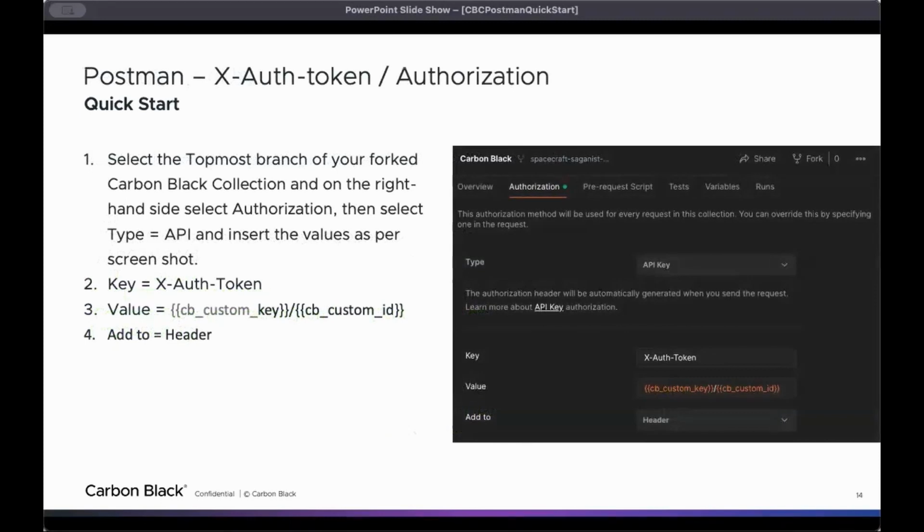So once we set up the global variables, what we need to do is set up the authorization. So what I'd like to do is select the topmost branch of your forked Carbon Black collection, and on the top right hand side, select authorization. Then you create, select the API key and insert the values as per the screenshot or the information that we already created in the text file, which is the key name is